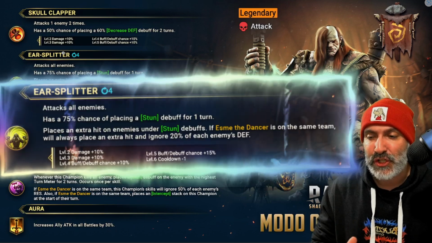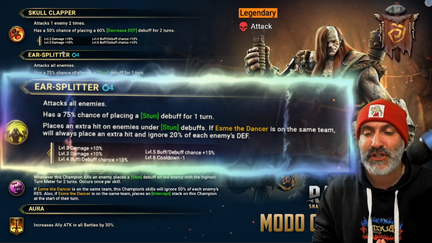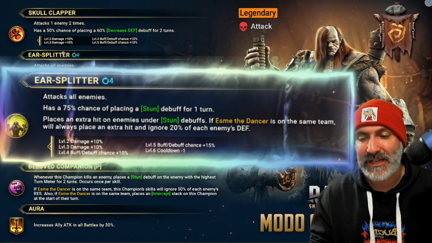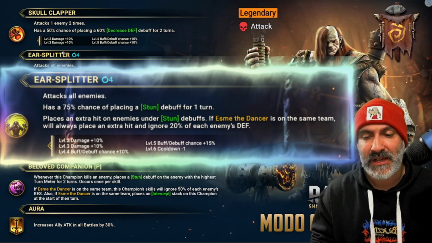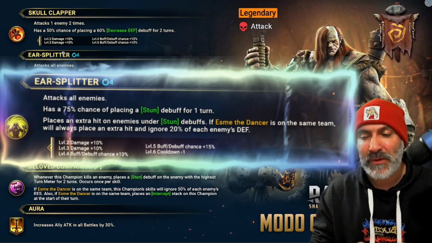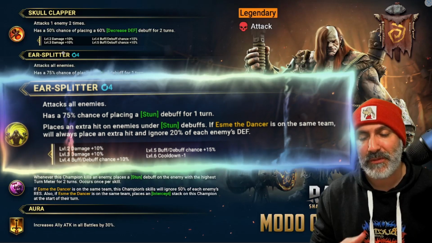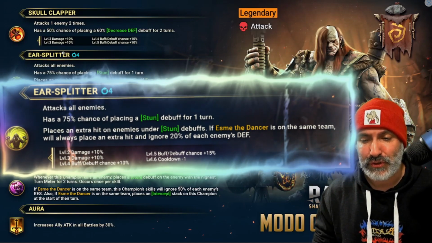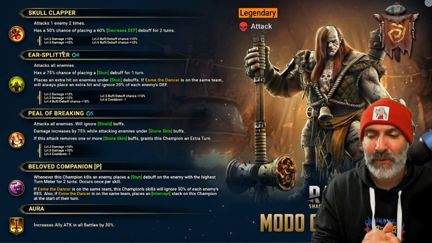The A2 attacks all enemies, has a 75% chance of placing a stun debuff for 1 turn, places an extra hit on enemies under stun debuffs. If Esme the Dancer is on the same team, will always place the extra hit and ignore 20% of the target's defense. It books down to a 3-turn cooldown, right? Now, with this,